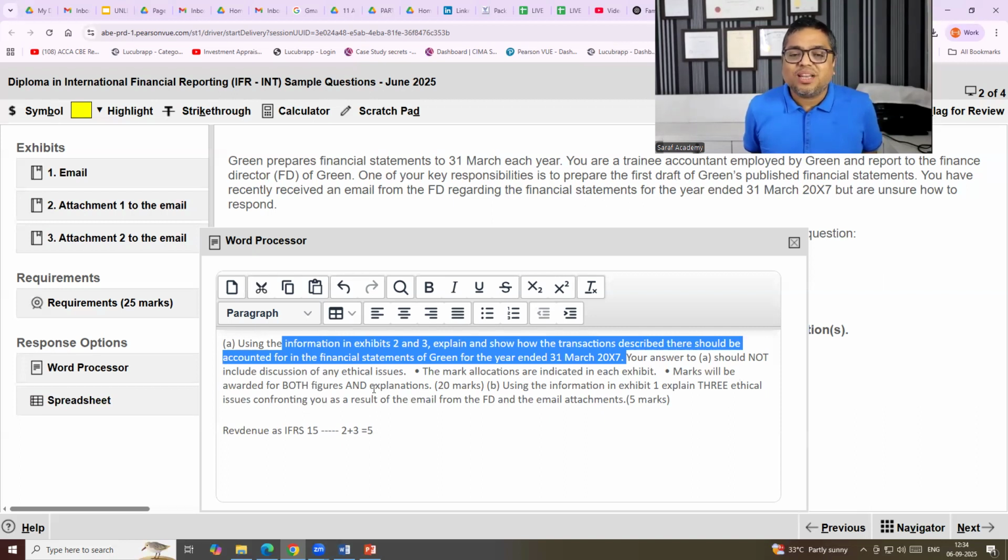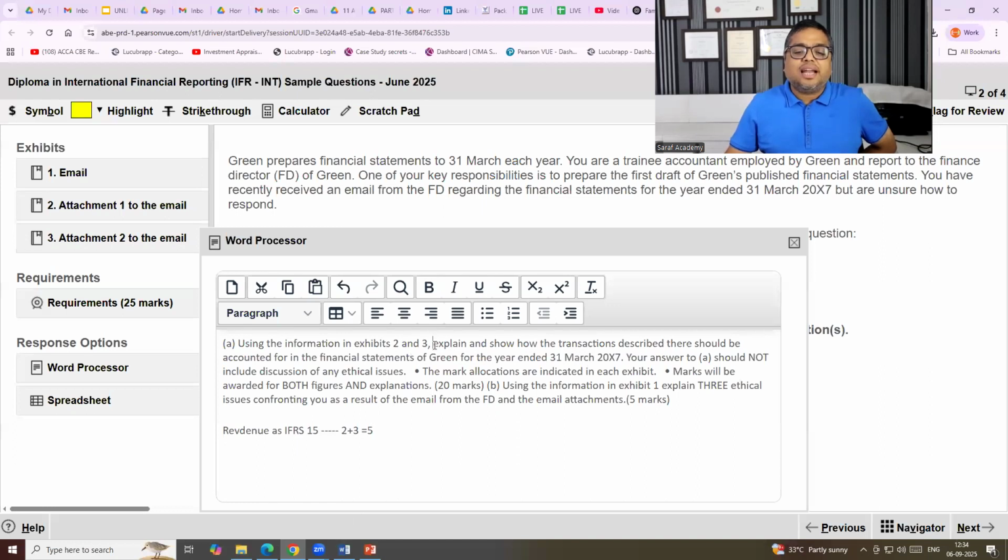I think this is the only way we need to write the answer. Another way is you directly calculate it and put it by the offering, like the revenue comes to this. But then in that case, how can you say you explained? If it only says calculate, fine, but if it says explain, then explain means you will be giving background and then saying this will be done. Okay, so first technical and then give the answer.